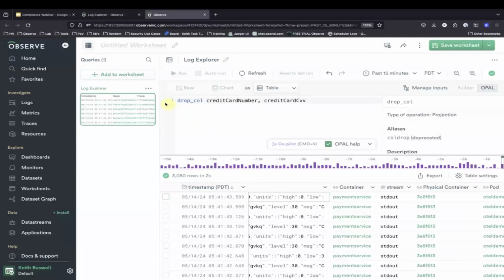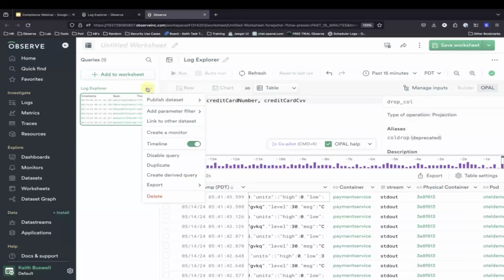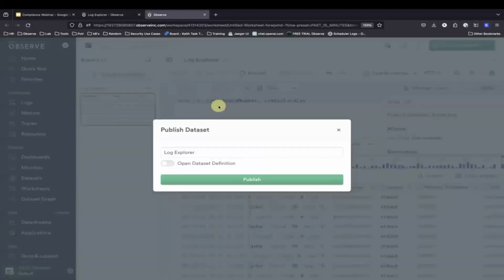And one really cool thing I can do is I can now come over here. I could say, go publish this as a brand new data set. And we'll just say logs for developers or whatever. We can create this. Naming doesn't really matter too much. You can name this whatever you want. And now when I hit publish,